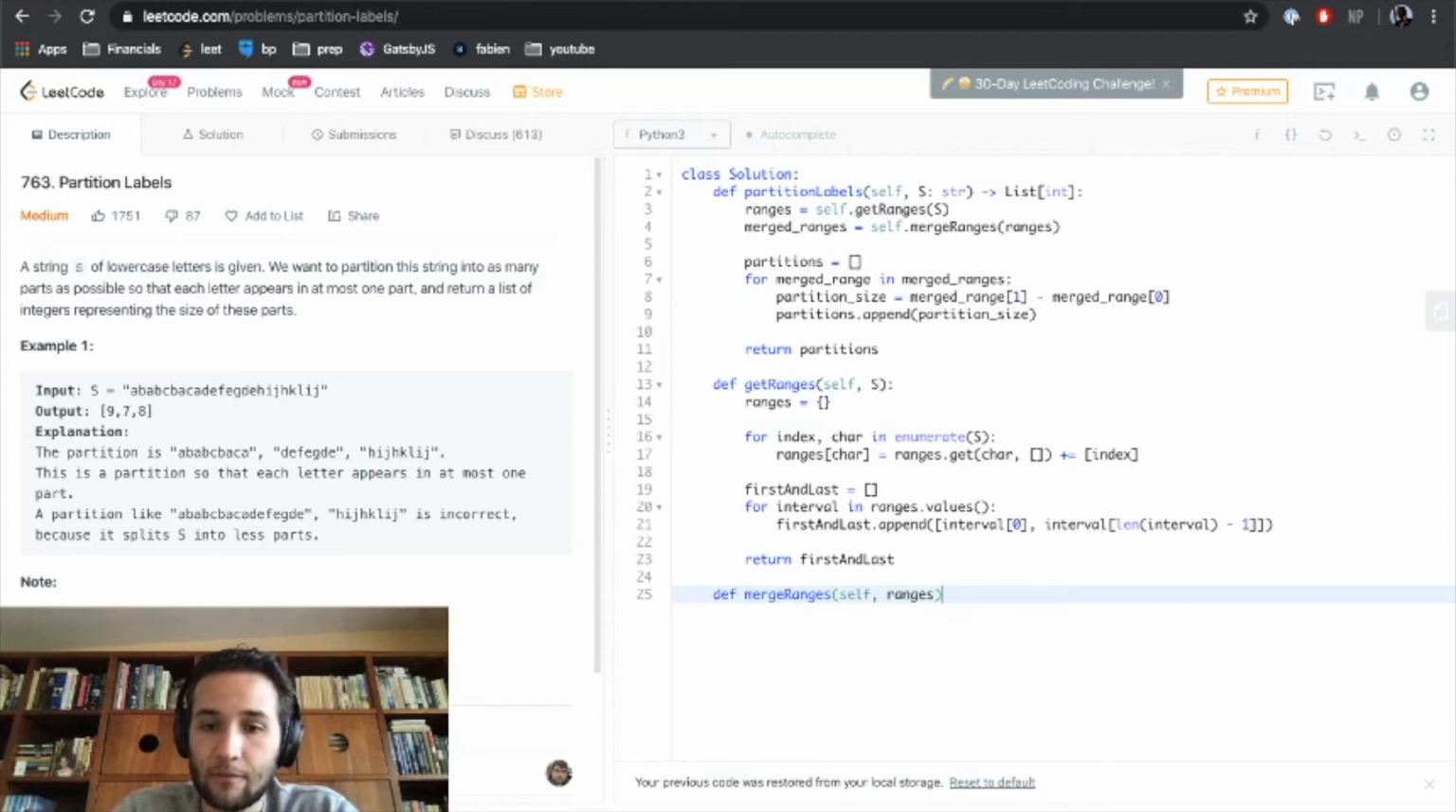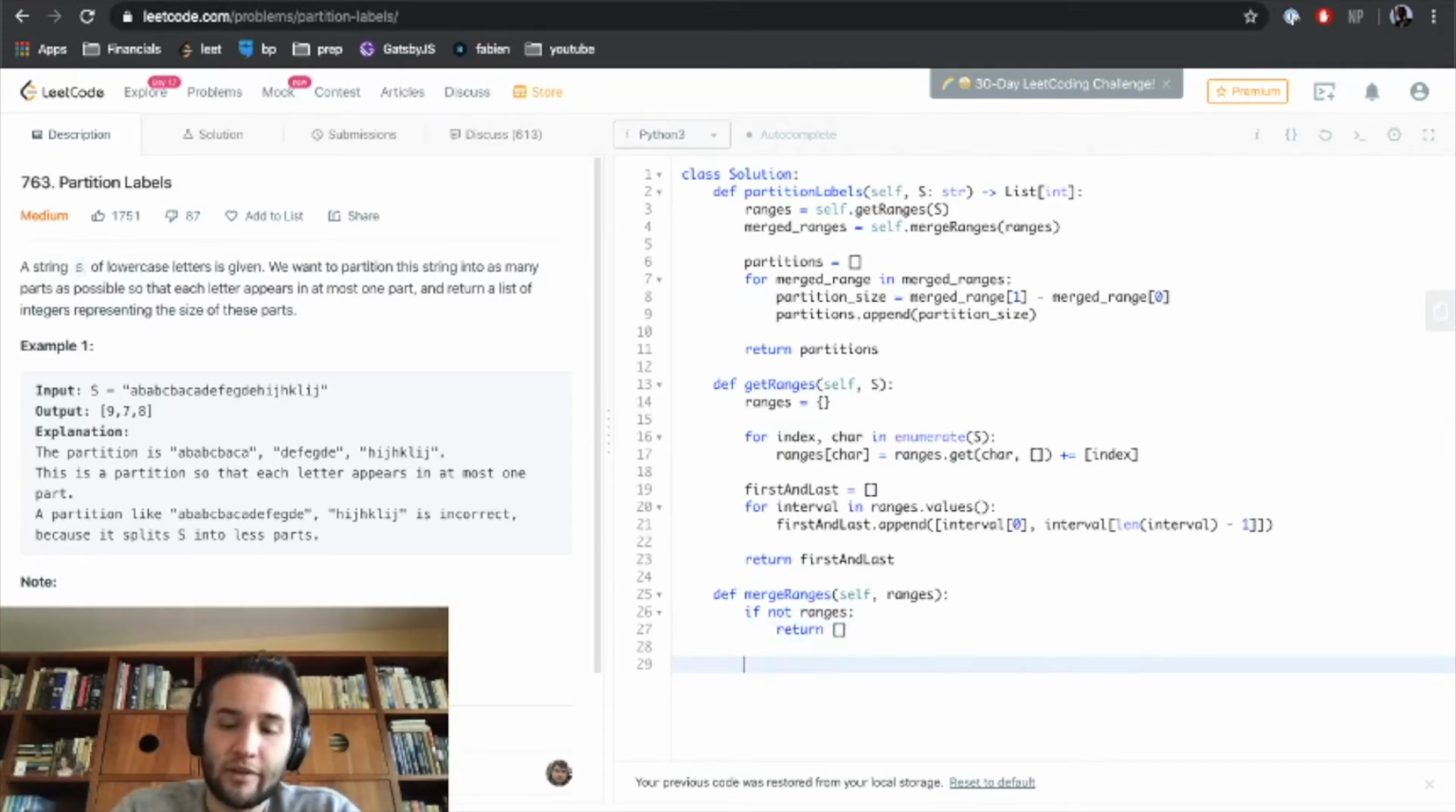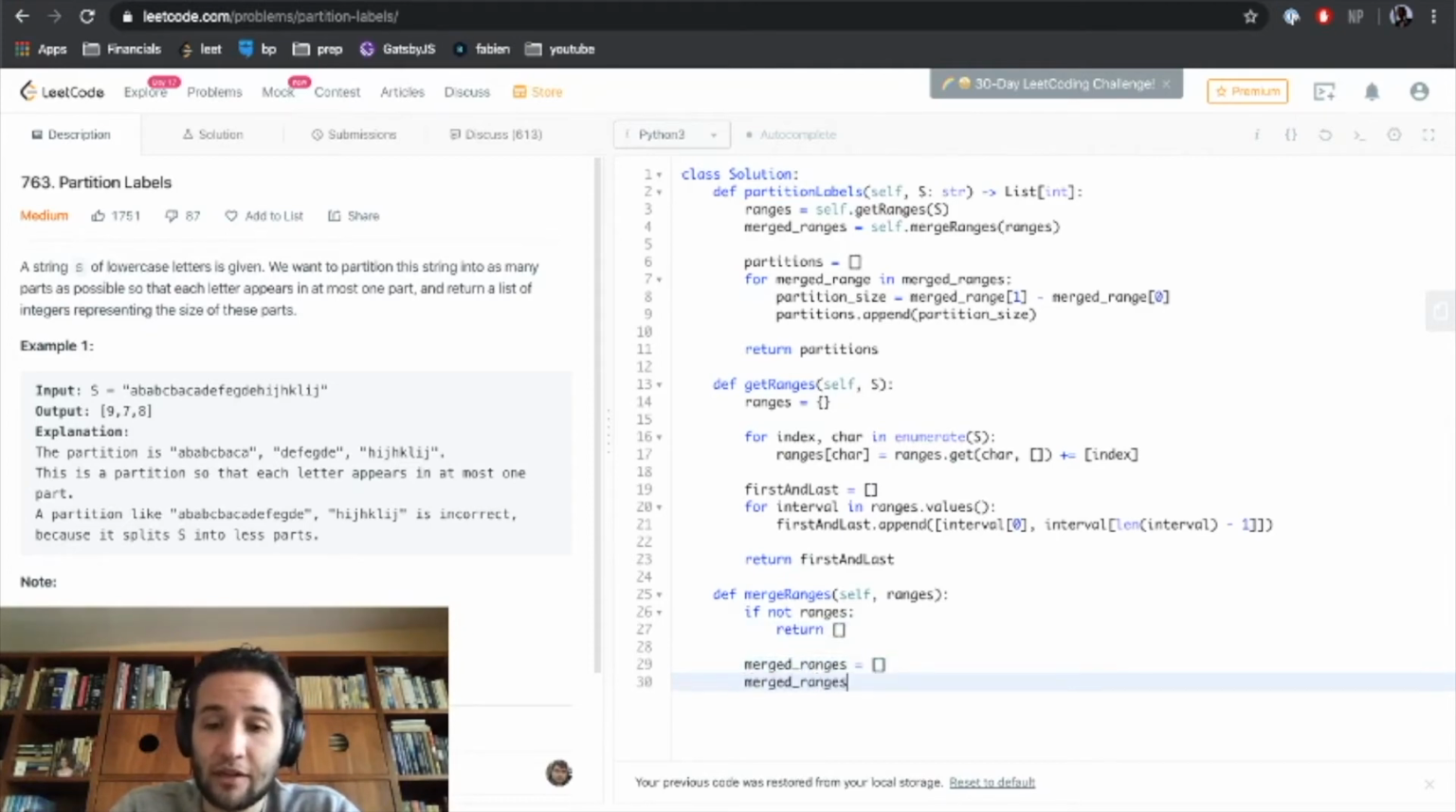So merge ranges, cool. If not ranges, we return an empty array. If there are ranges, first we have to define our output. So merged ranges equals empty array. The first merged range is going to be the first of our ranges. So take that, and then we say for interval in ranges after the first one, so 1 to the end,